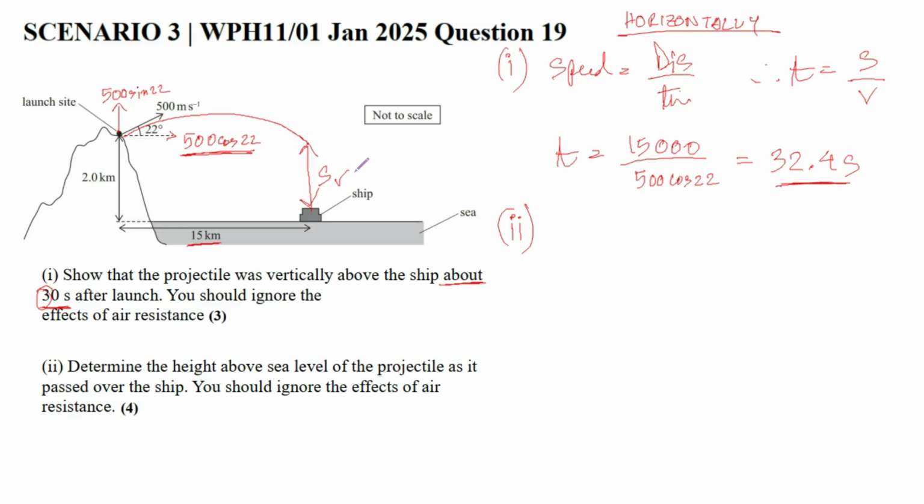Now, vertically, let's recall the equation: S equals ut plus half a t squared. This S is what you have to find out. So S should be equal to, U should be the vertical component of the initial velocity, that is 500 sine 22, and like I said, time is always mutual, that is 32.4